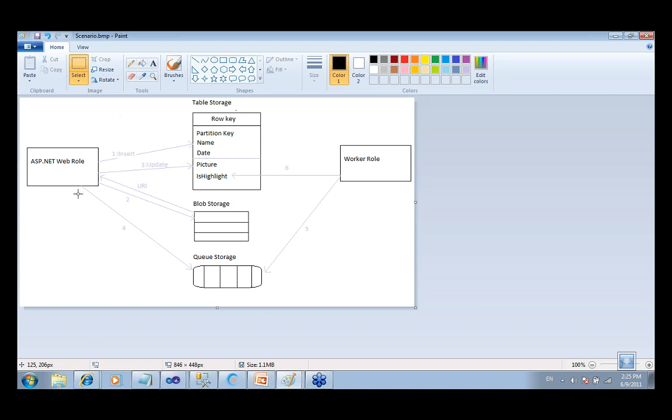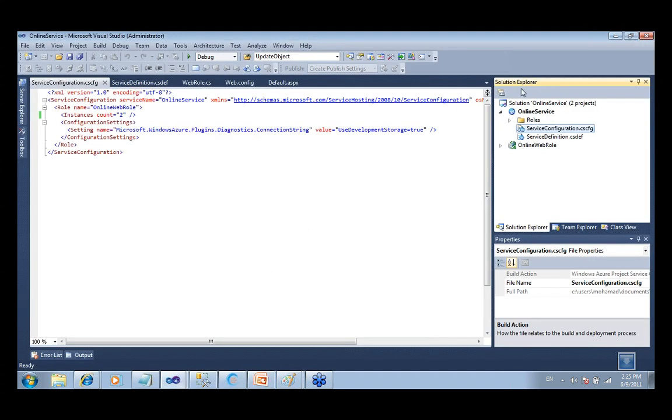Finally, I'm storing a message inside the queue. I will have the worker role talking to the queue, getting a message from the queue, and again updating the table. Now don't worry, I know this is confusing. I just wanted to show you the components that I will be using first. But this will be more clear when I run the demo. I will create the complete demo and show you everything working. Great. Now going back to my application,